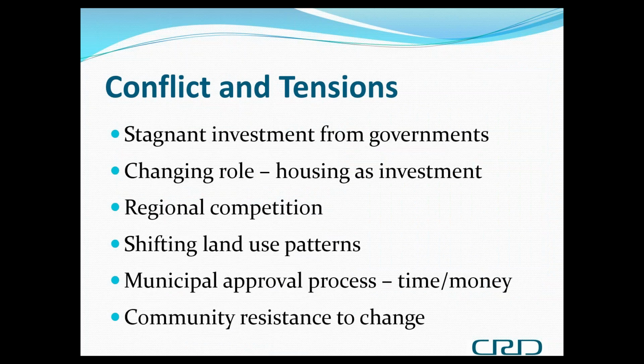So where do we see some conflict and tensions? Currently, we see some conflict and tensions because of, I would say, 25 years of what I would call stagnant investment from governments around affordable housing. So we've seen neighborhoods and communities develop in a very monocultural pattern